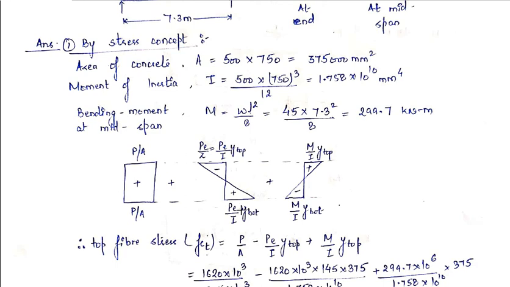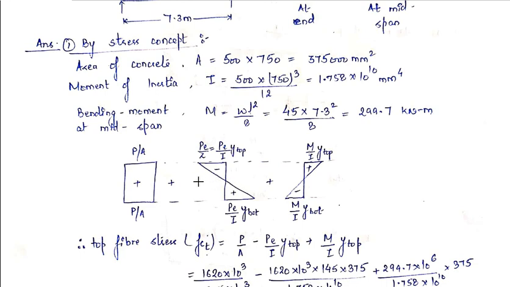Now, if you remember the diagram, one direct stress will be produced whose value will be P upon A. One bending stress will be produced due to the pre-stressing force, which will be negative at the top and positive at the bottom, if you remember the previous video. At the top the value is PE by Z, and Z is I upon Y. So Y can be written as Y of the topmost fiber, that is Y top, and a similar value will be at the bottom, but the value of Y will be Y bottom. Y is the distance of that fiber from the neutral axis.